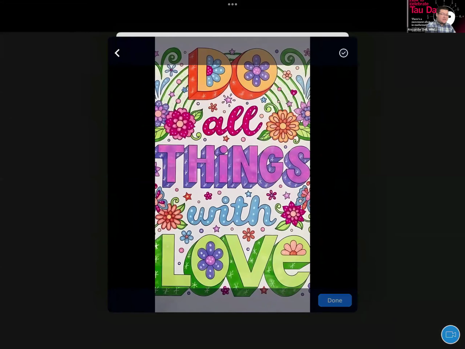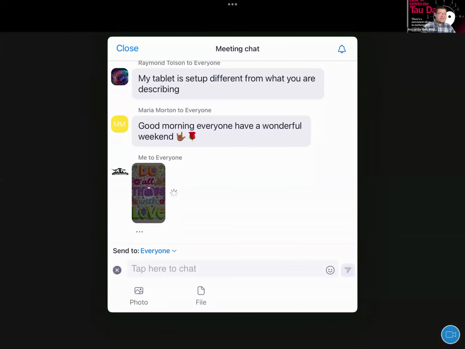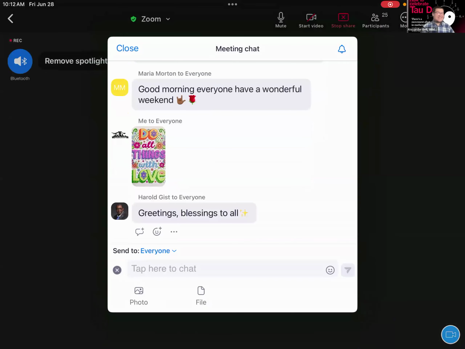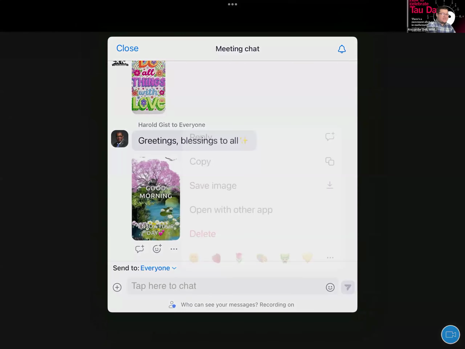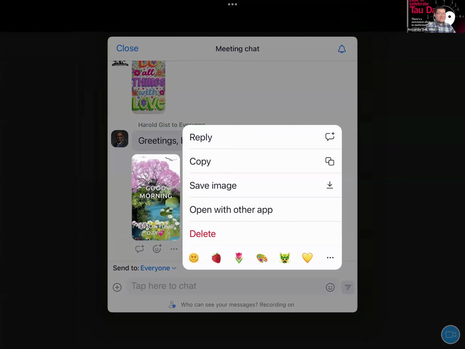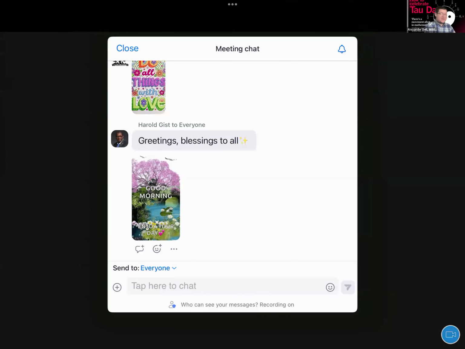This one was shared in the Zoom chat from someone, and I really liked it, so I saved it. You can save an image from the Zoom chat by holding the image with your finger, and then you can hit save image. That way you can save it.